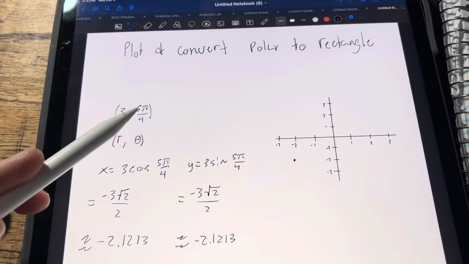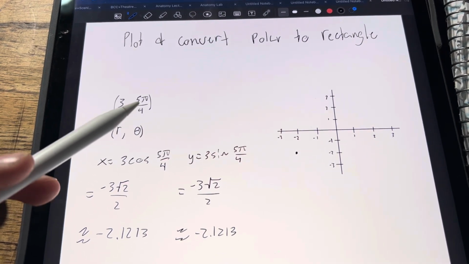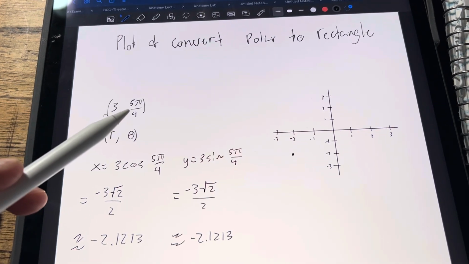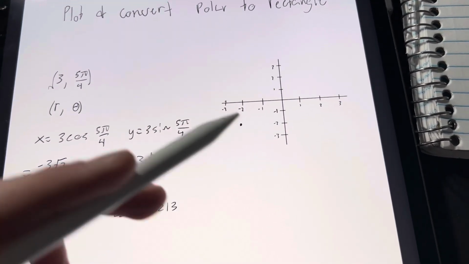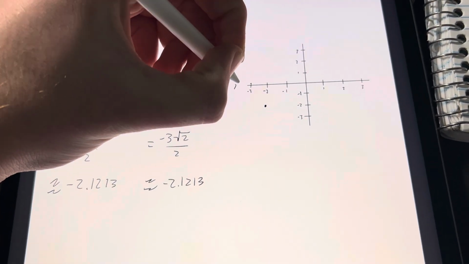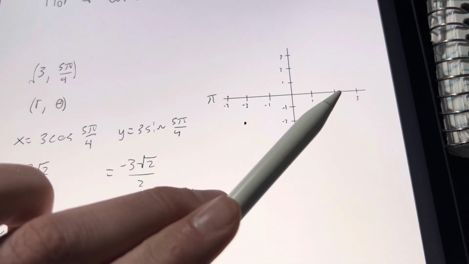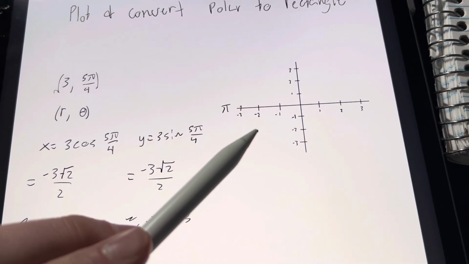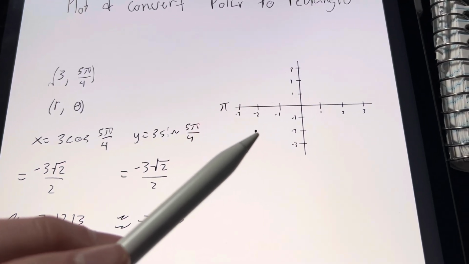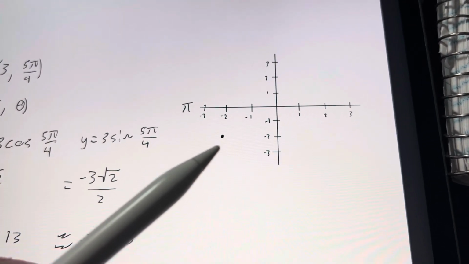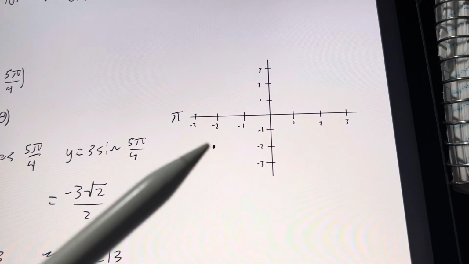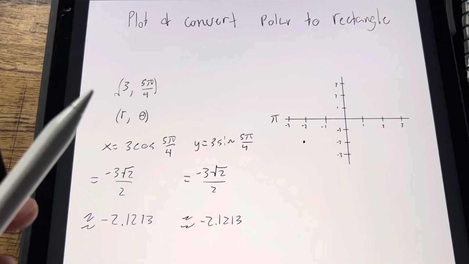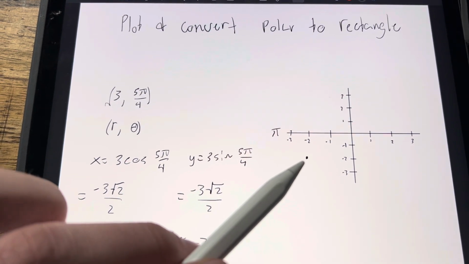So here we have 5 pi over 4, which we can tell by looking at it is a little more than pi. So when we're looking at a graph, you can view this as pi, and we're starting here and we're going around, and since it's a little more than pi, we know that this would be the correct graph out of the choices given. And then that gives us the plotting of it, and you can find the more exact coordinates when we turn it